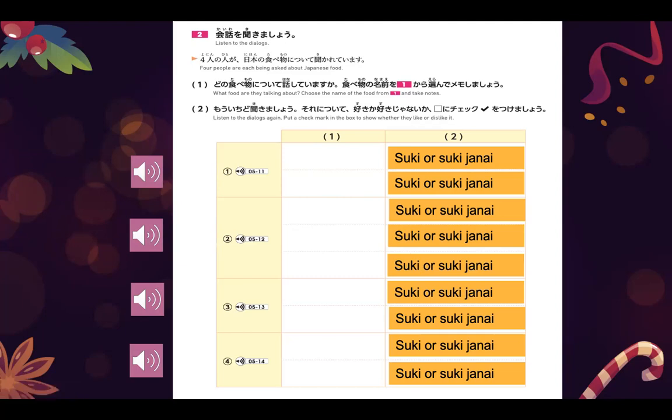いいですか？じゃあ皆さん行きましょう。1、日本の食べ物、何が好きですか？私はうどんが好きです。そばは？そばも好きです。